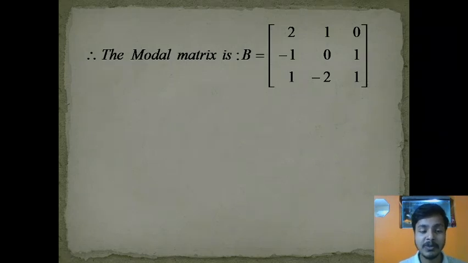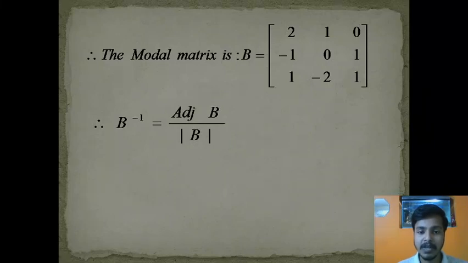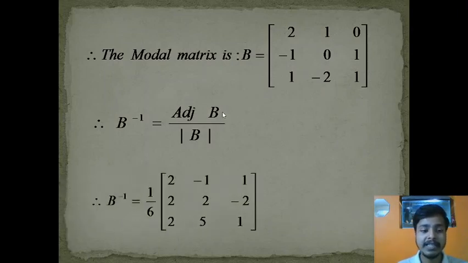Now if you remember, the question is about reducing the given matrix into a diagonal form, and diagonal form means what we need to find out? We need to find B inverse AB. We have B, which we just found out, and we are given matrix A. So our objective is to find B inverse. B inverse can be found by using the formula adjoint of B upon determinant of B. Taking the determinant of this, the determinant of matrix B is 6, and we find the adjoint. So you will get B inverse equal to 1 by 6 times the adjoint.